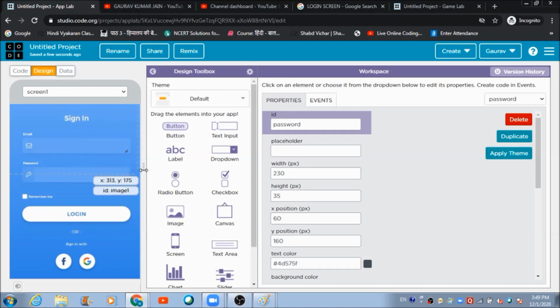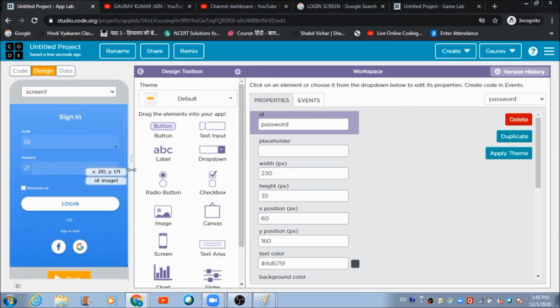Fine. Now the second thing which I would like to tell you is, there is a thing with this name login getting reflected on this image, but it is a part of the image. How can you make it behave like a button? What is the trick that you can use for making it behave like a button? I'm not going to use this button option for that. Never use a button option for making something a button. Instead of that, you can go ahead and use this label option.